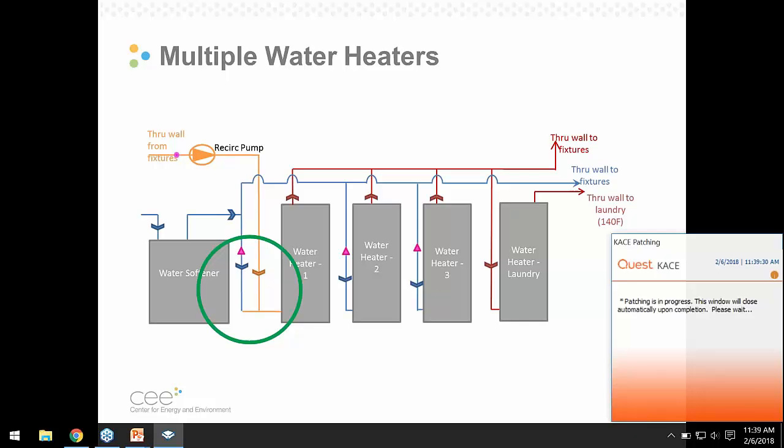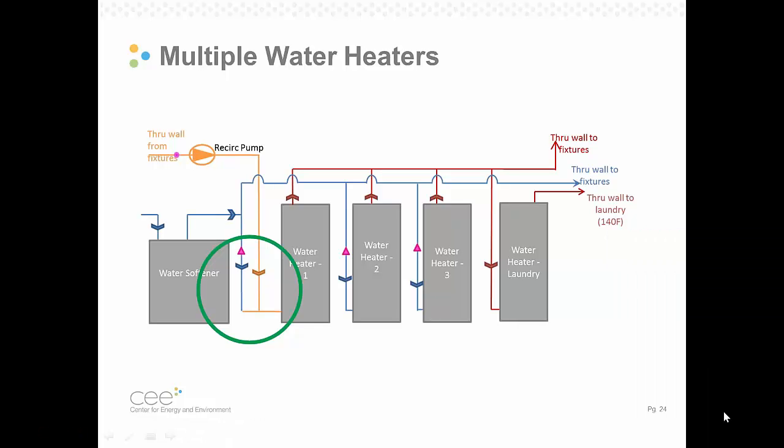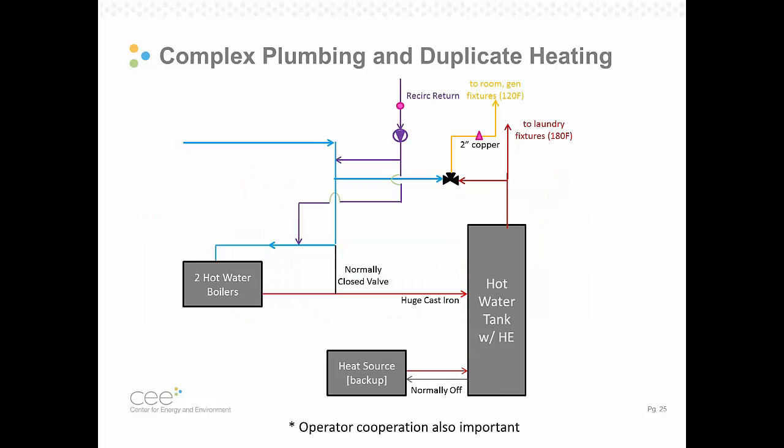So that was a pretty straightforward installation as well, but again, just something to be aware of is how these additional features in an install may impact the installation, and being able to think through those minor changes. So here's an example of changing heating sources and potentially failed